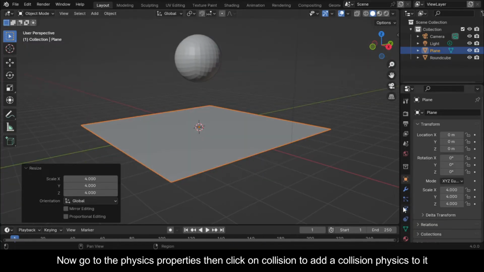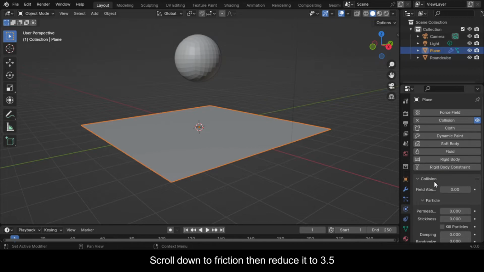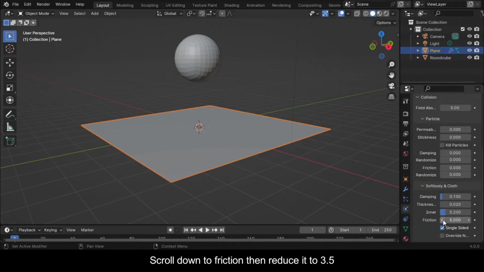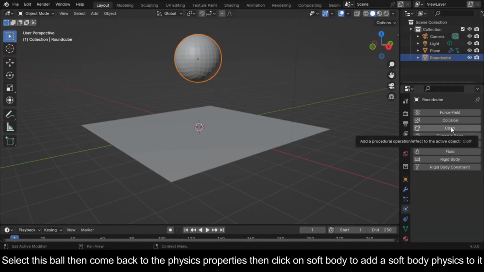Now go to the Physics properties, then click on Collision to add collision physics to it. Scroll down to Friction, then reduce it to 3.5. Select this ball, then come back to the Physics properties, then click on Soft Body to add a soft body